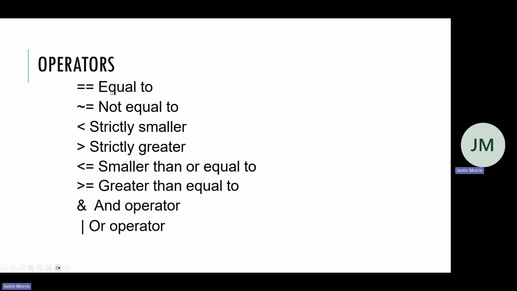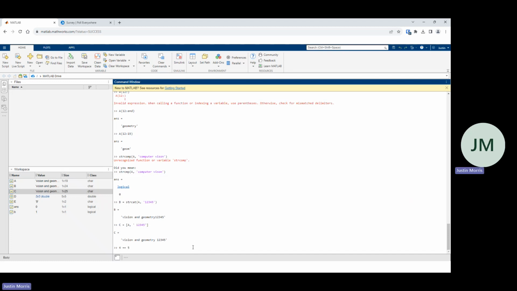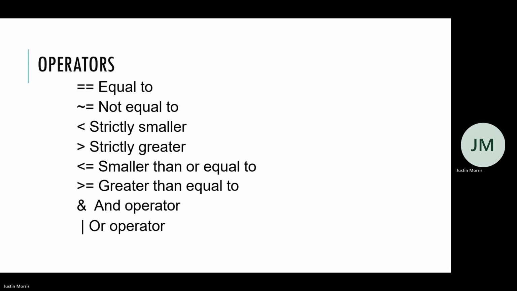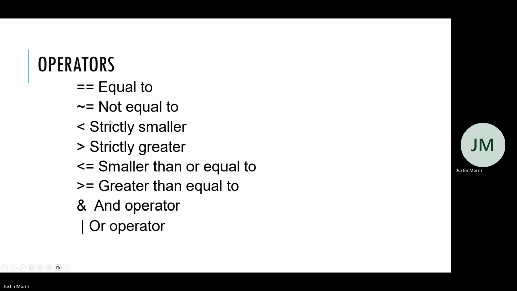We also have these different operators, so we can check if things are equal. So let's see. Is 5 equal to 4? No, right? 4 equals 4? Yes. They're not equal. Yes, this is. We have comparisons for smaller, greater, smaller than or equal to, greater than or equal to, and then we have also